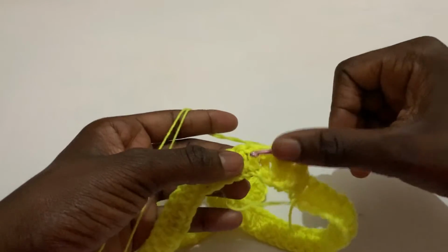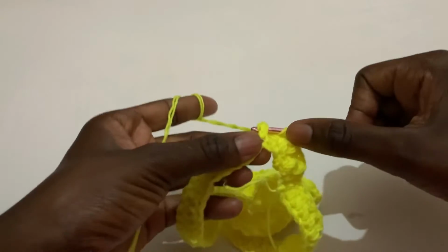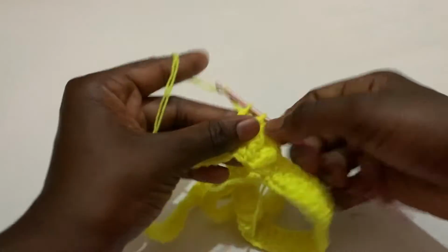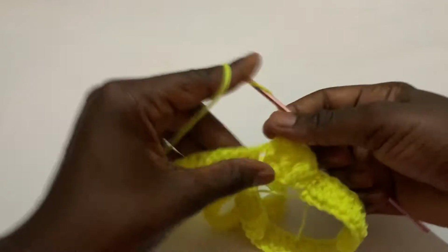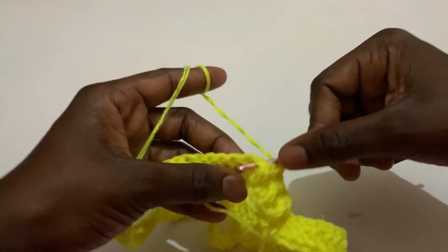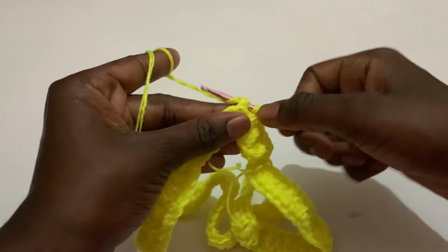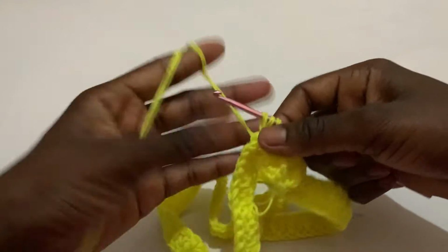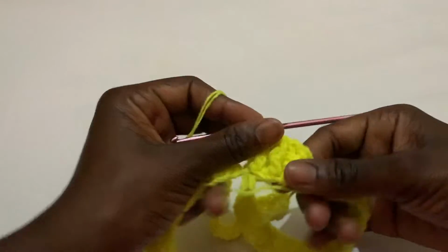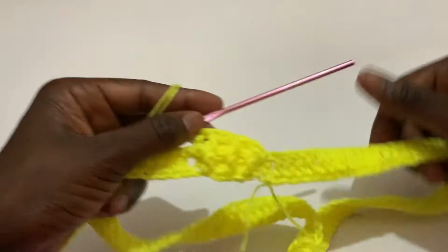So we are now going to the front post. For the front post, you pull it from in front, you yarn over, pull through your yarn from in front, yarn over, pull through the first 2, yarn over, pull through the last 2. So we are now going to do the back post. For the back post, you bring your hook and pull this double crochet from behind, you yarn over, pull through, 3 loops on the hook, yarn over, pull through the first 2, yarn over, pull through the last 2. So I'm going to do this for our second line, and I'm going to do this all the way